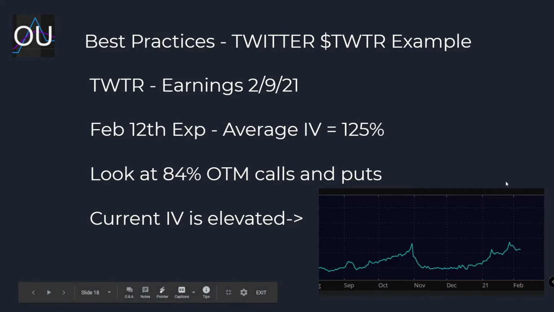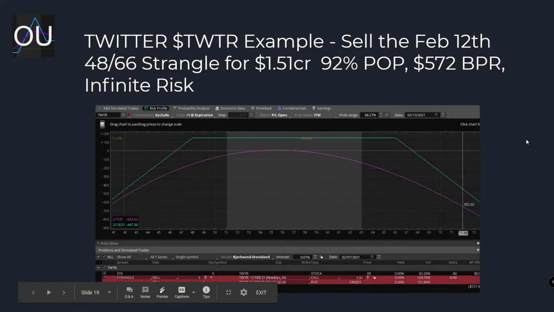The current IV is elevated, you can see on this chart. So let's take a look at one trade that we did for February. We sold this February 12th, 48.66 strangle for $1.51 credit, had a 92% probability of profit, and it had a $572 buying power reduction with